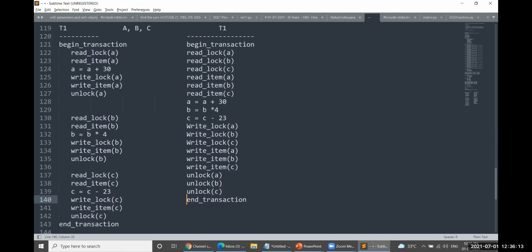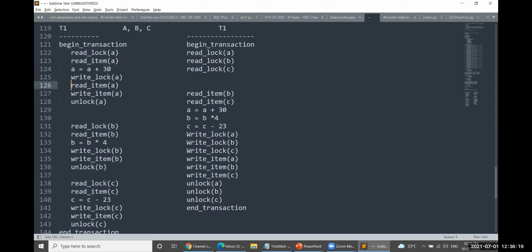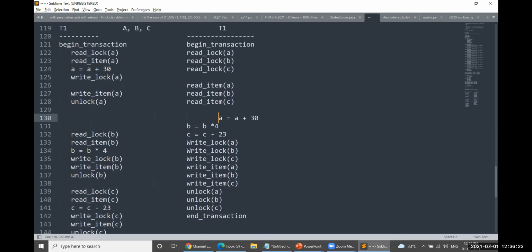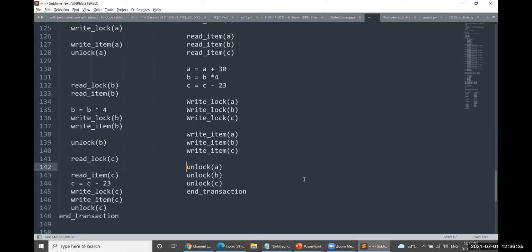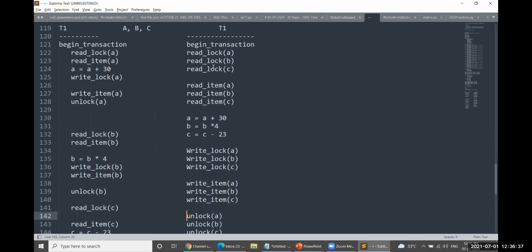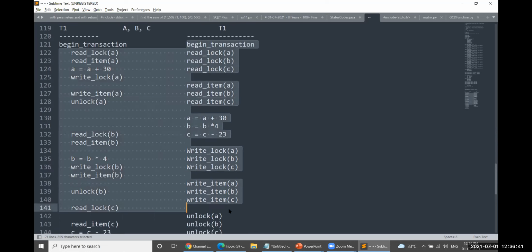So this is the way. You can see this one. All read locks are supposed to be taken at a time. So all read locks have been taken at a time, and all operations are performed at a time. All write locks have been taken at a time, and then all write items have been written at a time. Then followed by all unlocks at a time. Followed by that. So up to this particular place is called the growing